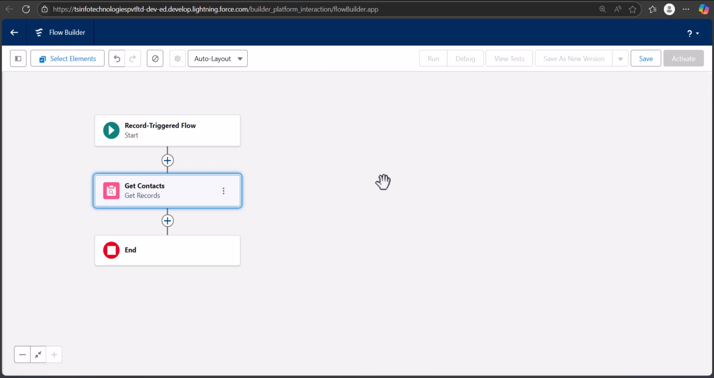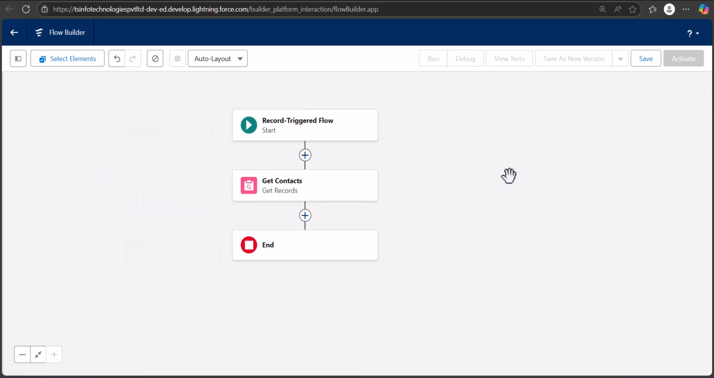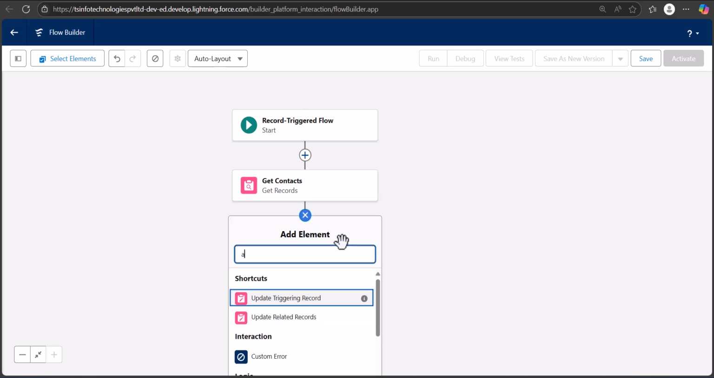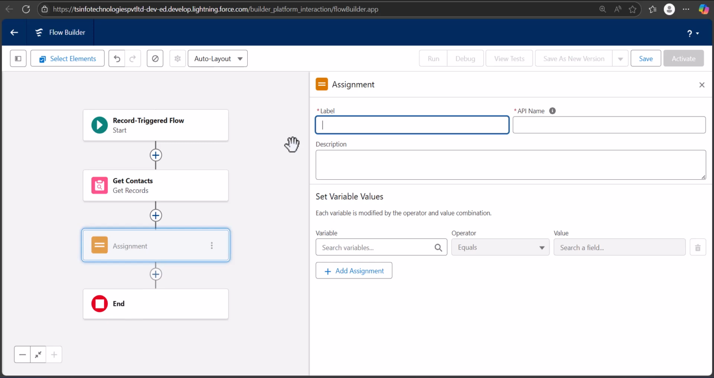So with this it will get the ID of the contact that is triggering the case, and using this contact ID we are going to populate the account name. So for that we are going to add the assignment element. From here I will select assignment, and I'm going to label this assignment element as assign account ID,